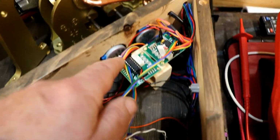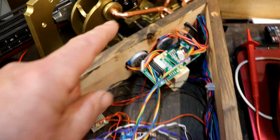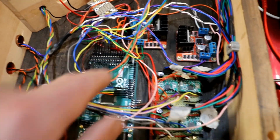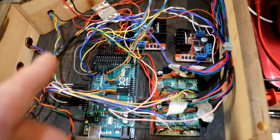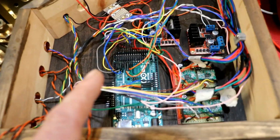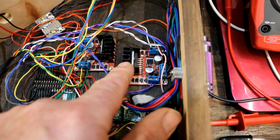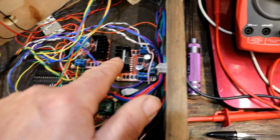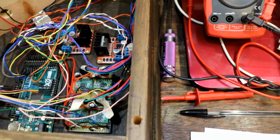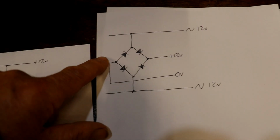I've still got another 2 of these interface boards for the other 2 motors, the tuning motors on the other side. So that's going to be another 8 outputs, etc. Then, walking the dog, I suddenly thought, full bridge rectifiers, because these outputs, these interfaces can handle 5 amps, that's tons at 12 volts. And by using, hold on a minute, a full bridge rectifier, which looks like this,